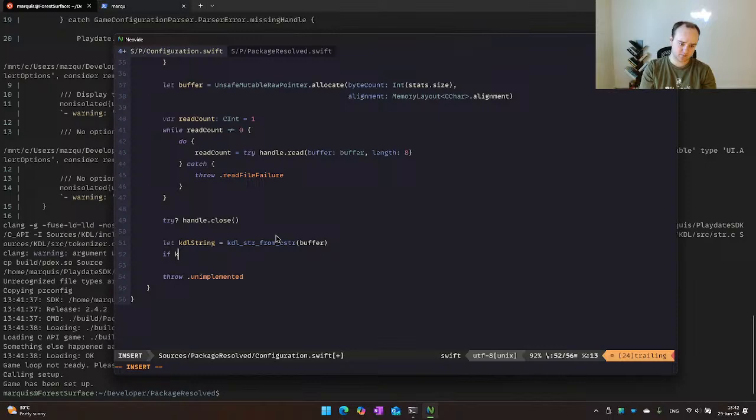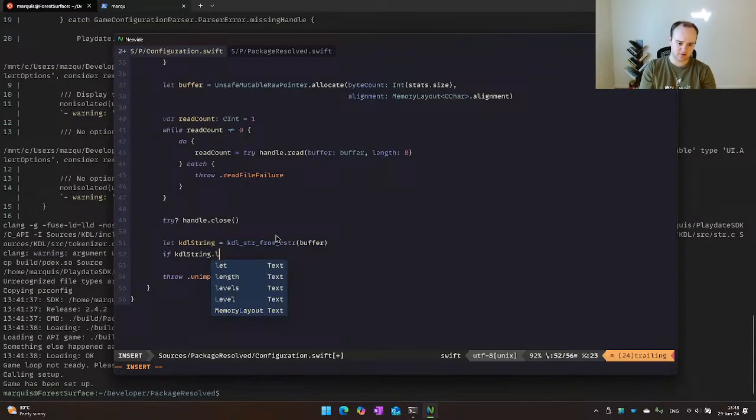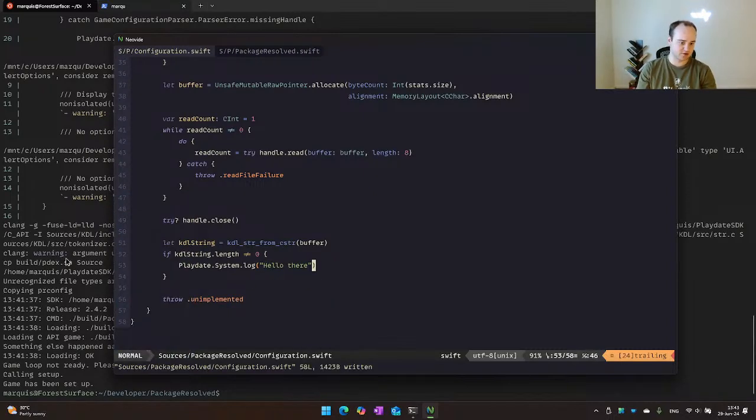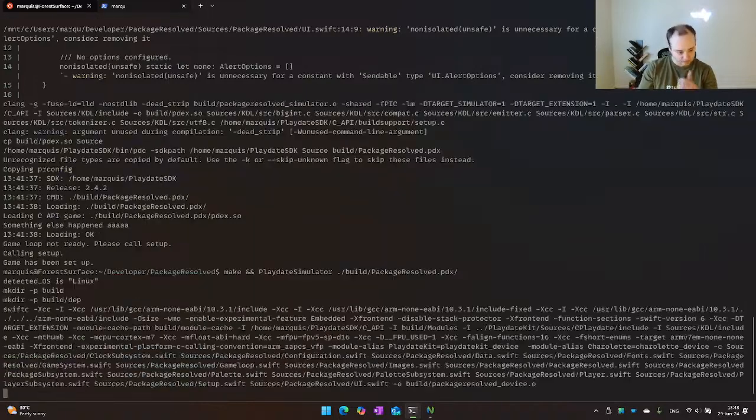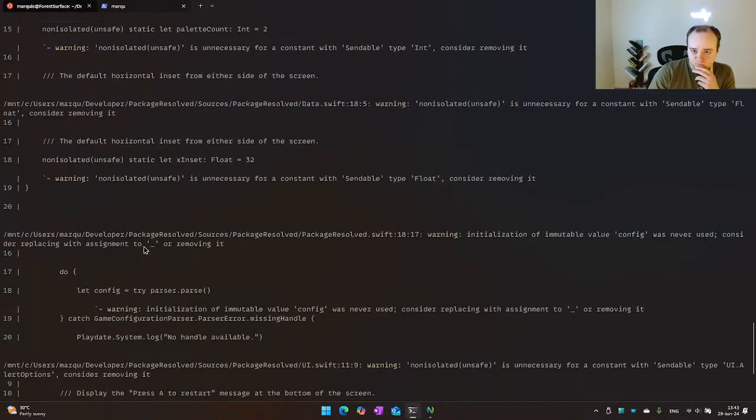If cuddle string dot length is not equal to 0, I suppose, then we'll just do Playdate system log hello there, just to verify that that part works. Nope, that caused an error.